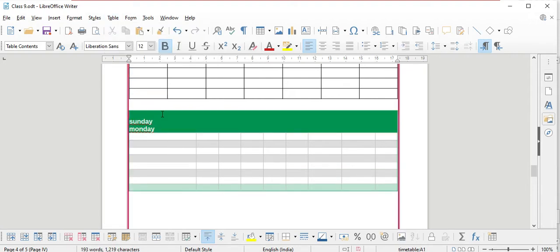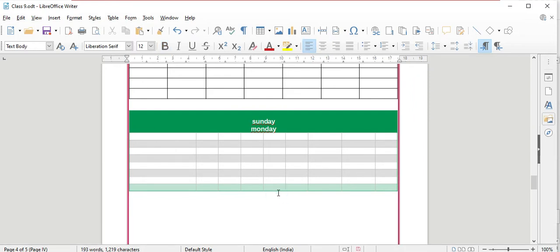You will see your cells have been merged, and for making this heading in the center, I'll just use center align. Like this you can merge your cells.